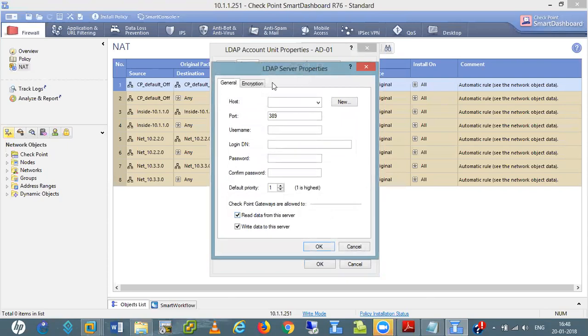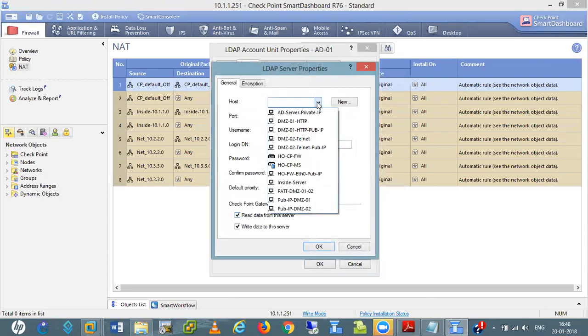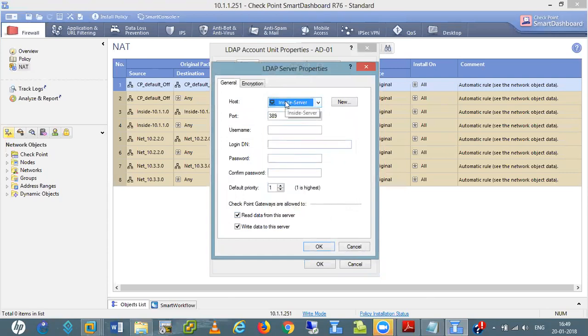Now I add my server details here. I am using the inside server. The actual server is inside. Yeah, the AD server is the inside server. I created one object previously only for inside AD. Now I select the username administrator.